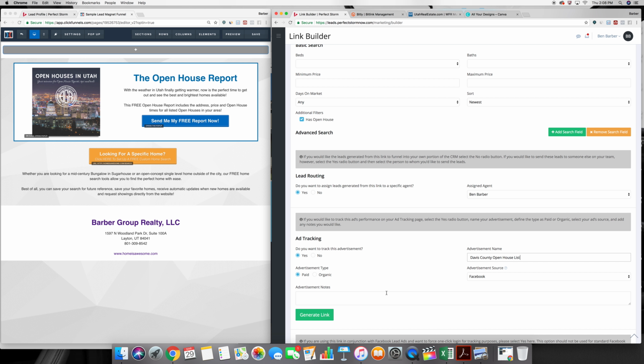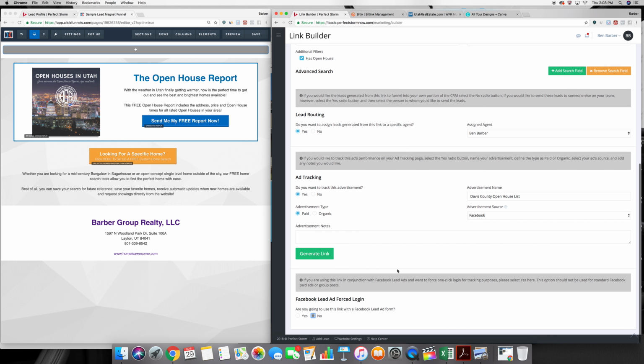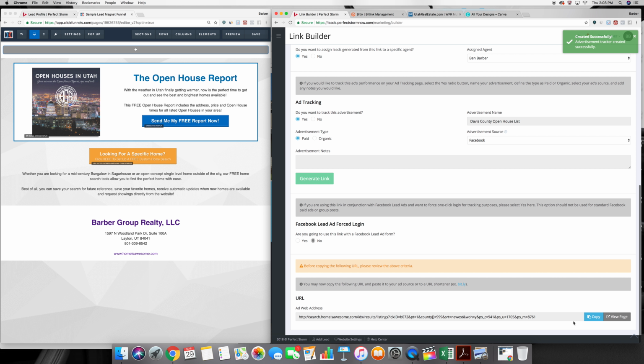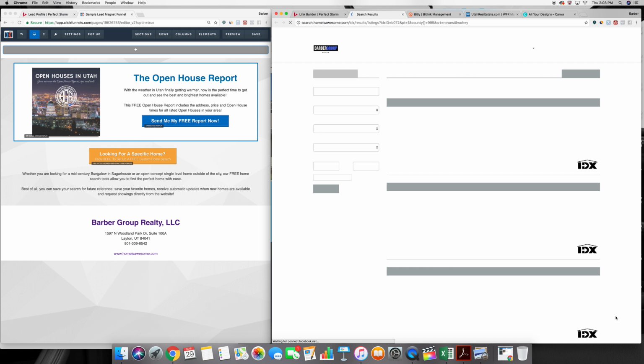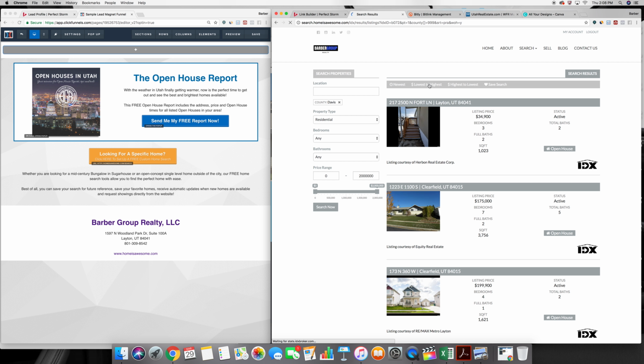After you actually run your ad, you can go back in and you can put a photo of it in there. And then I'm not using a lead ad on mine, so I'm just going to hit no. But it's going to generate this link for me. Okay? I've got the link here. I want to copy that. But the first thing I want to do is view the page to make sure everything on there looks right. Okay? And then I want to come in and sort it lowest to highest,